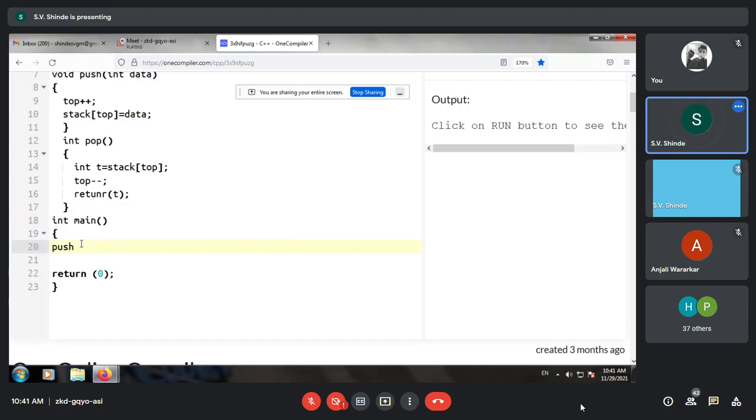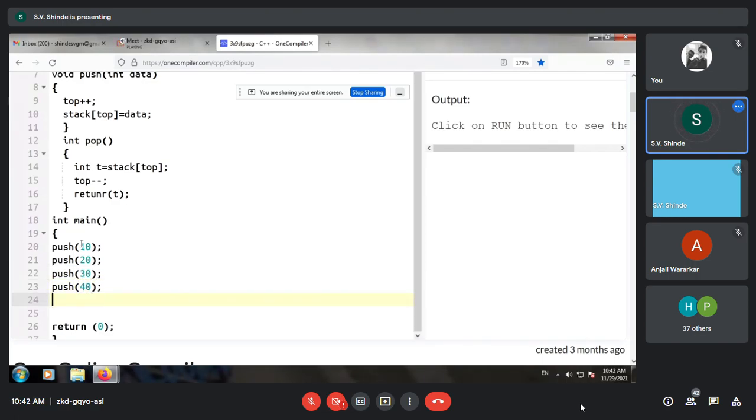Simply push 10, push 20, push 30, simply push 40. Now let us pop it.